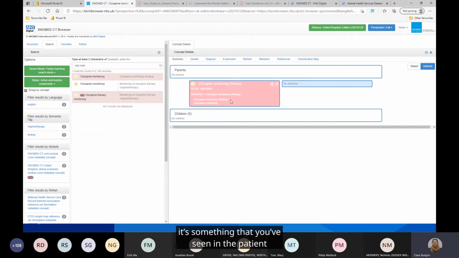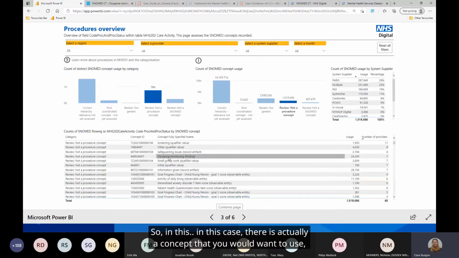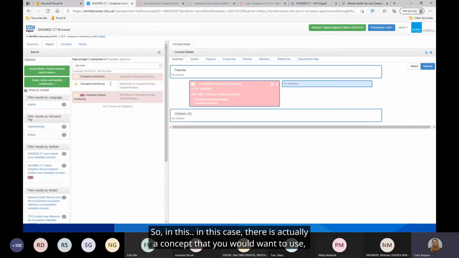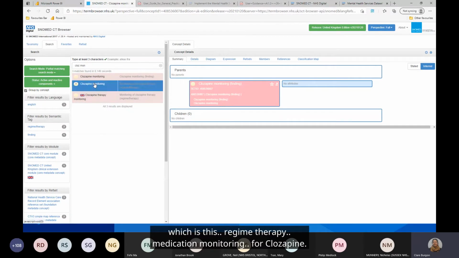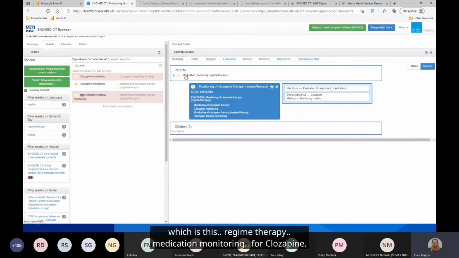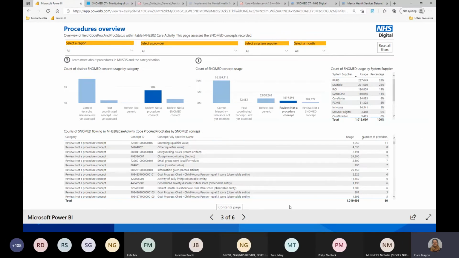It's something that you've seen in the patient, something that's happened. It isn't something that is being done now. It's not a procedure that's happening now. So in this case, there is actually a concept that you would want to use, which is this regime therapy, medication monitoring for clozapine. That would be the most appropriate concept to use here.